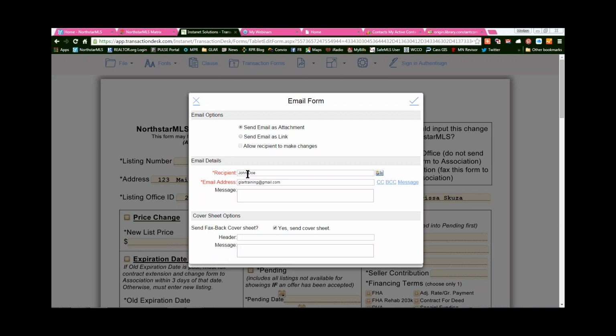And select it, and it's going to fill in the email address. I can type a message. I can send a fax back cover sheet if they have access to a fax machine but not a scanner. They can actually fax it back and it's going to go into an email format when it gets to the fax number that's provided on the sheet, and I'll get a notification, and it'll also come back into my